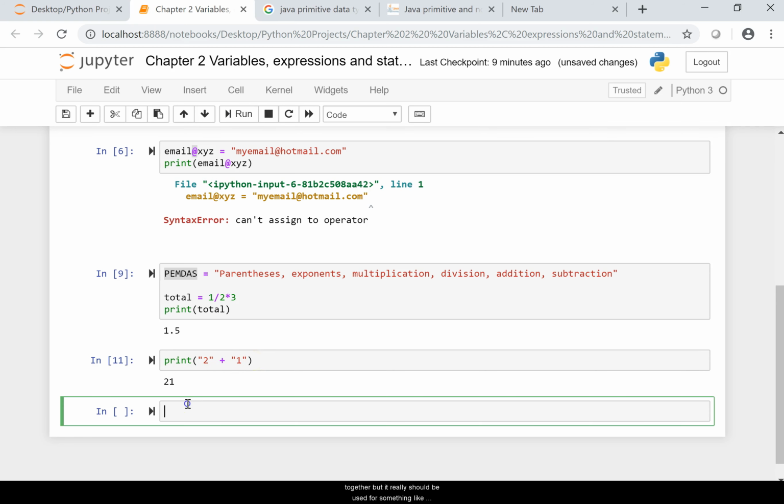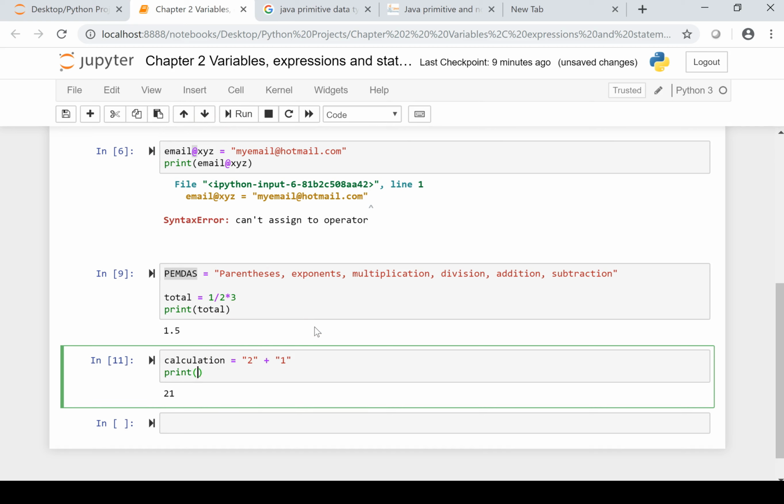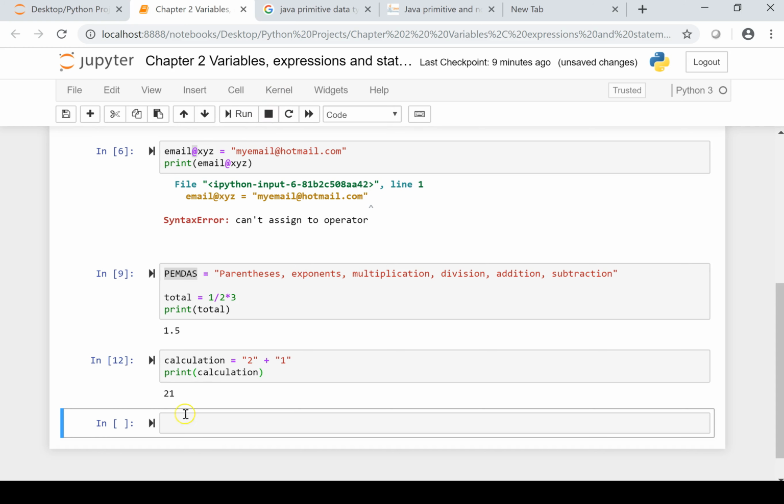But it really should be used for something like this. If I wanted to say, and actually, instead of printing that, let's say we had calculation equals that, okay. Okay, and I run this. Okay, it's still going to give me 21, but really what it's supposed to be used for,